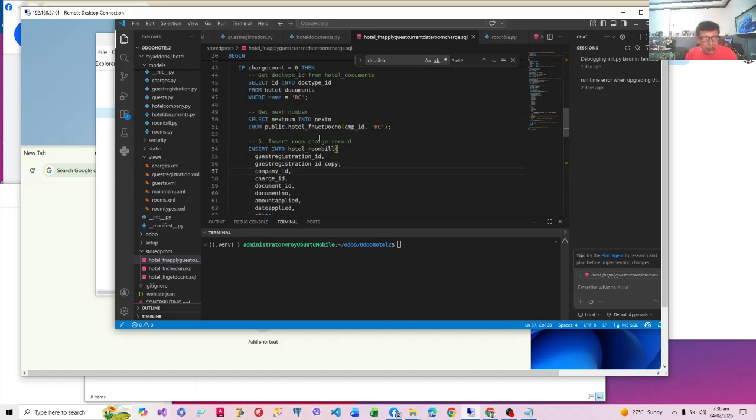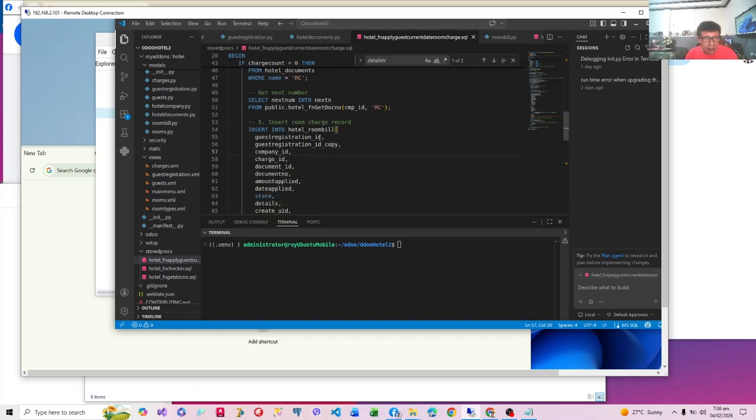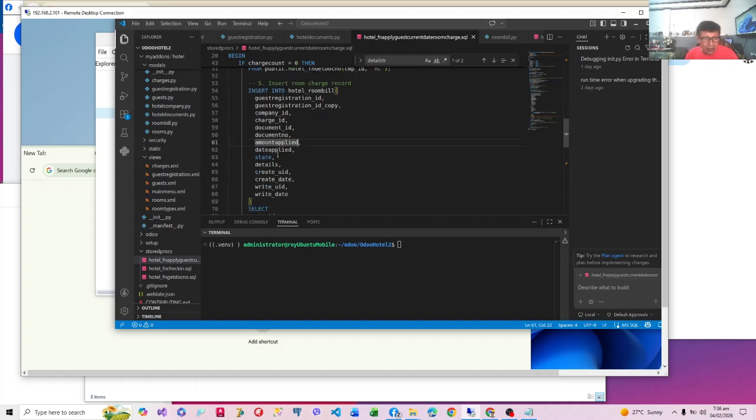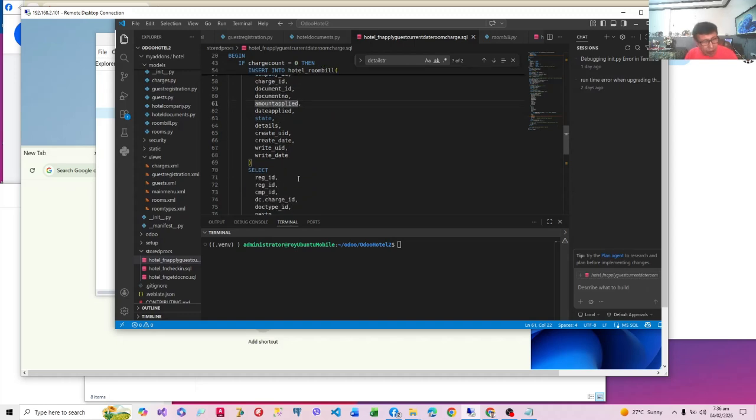Now what is the charge ID? The charge ID will be taken from the daily charges. Okay, the document ID, the document number, the date applied, the state will be final, the details, the create ID.